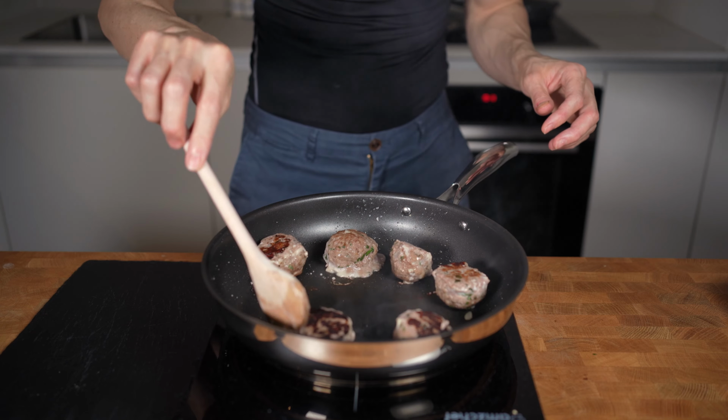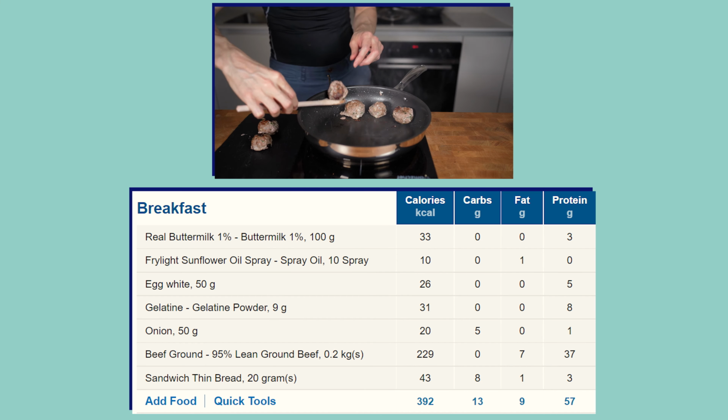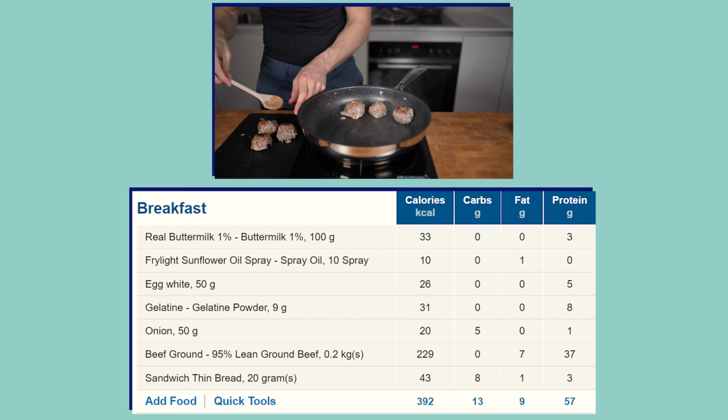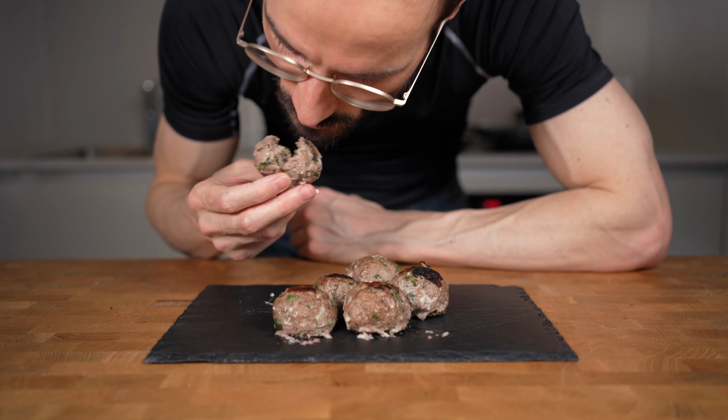So the entire recipe comes in with 392 calories, 13 grams of carbs, 9 grams of fat, and 57 grams of protein. These meatballs just taste crazy with these dips that I show you in this video,